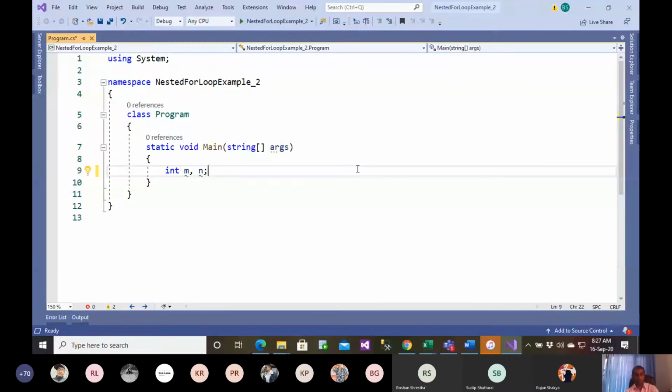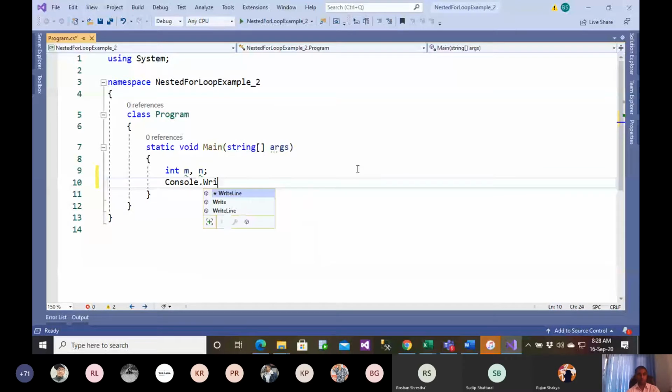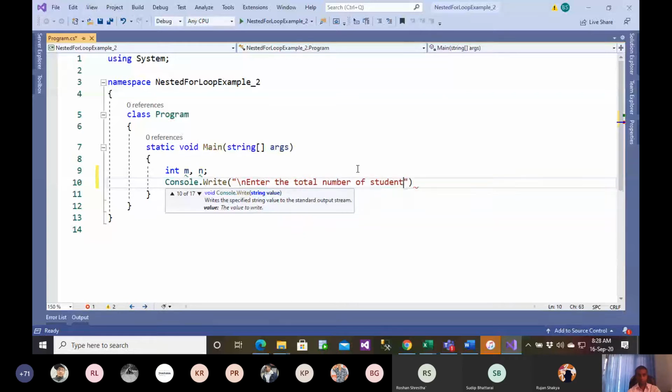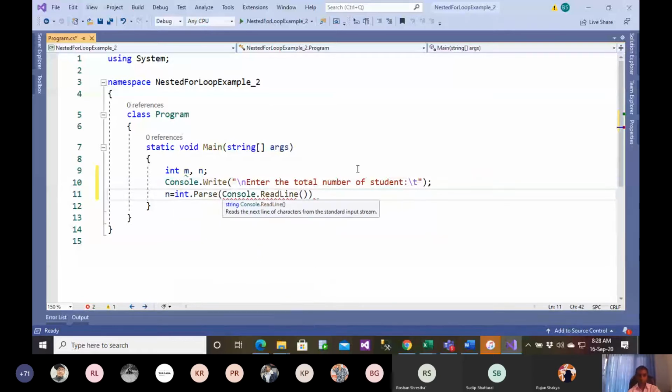Now let's get started. The total number of students is to be stored in N. All loops will happen in a way that the iteration should take place for the same number of candidates.